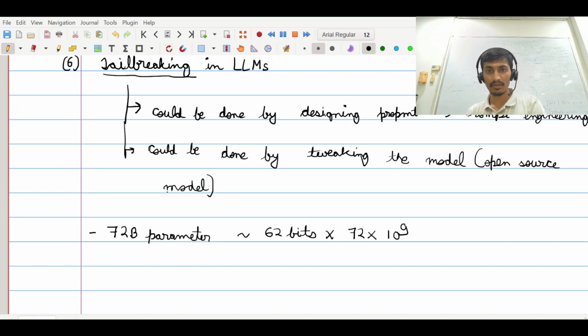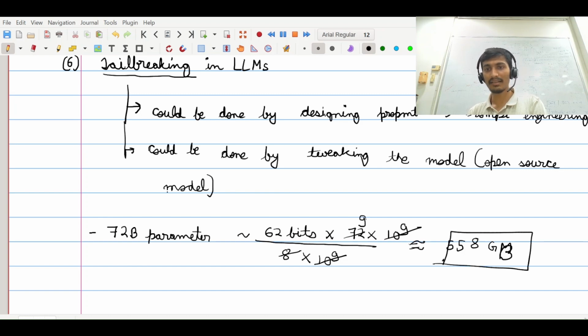So let's divide it by 8 to get bytes, and divide by 10 to the power 9 to get gigabytes. So this would be roughly 558 gigabytes, but if you just have the parameters,